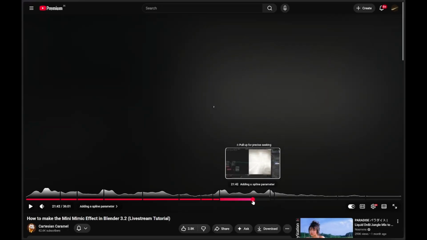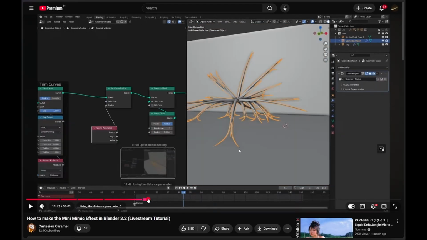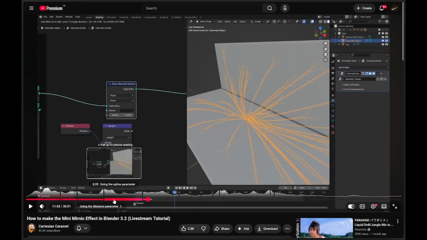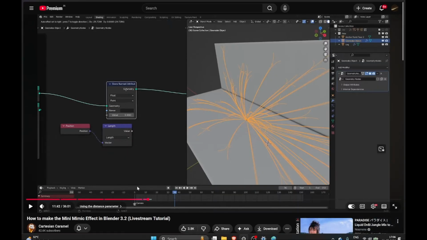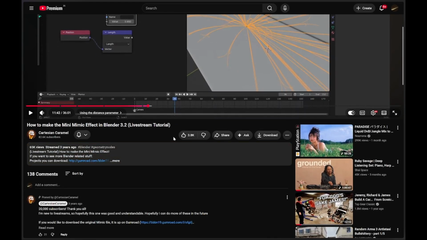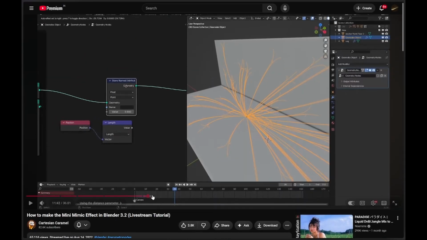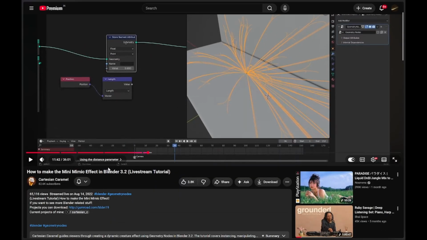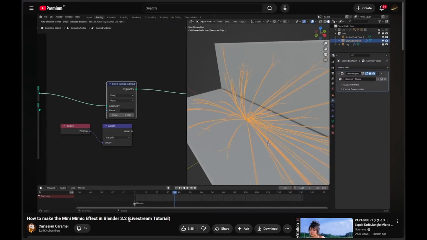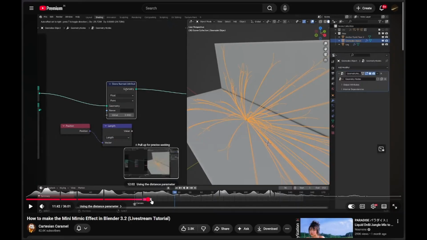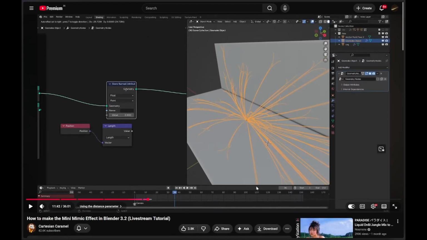If you really want to understand the workflow and the core logic, this was actually borrowed from this video by Cartesian Caramel from a long time ago. This is from like 3 years ago, which is like ancient tech-wise, and it's on Blender 3.2. So yeah, pretty much just dragging this into Pops. And one thing to remember is that Pops actually works very similarly to geometry nodes. So there's a lot of stuff that you could end up taking from geometry nodes into Pops. And there's a whole bunch of tutorials on different things that